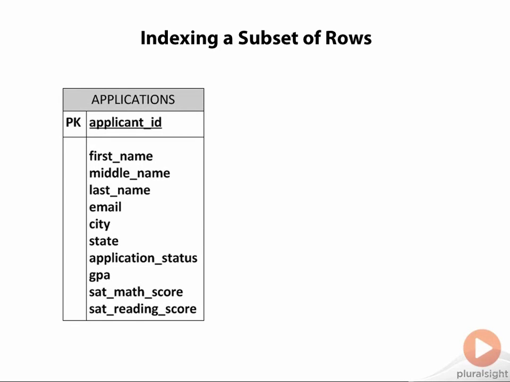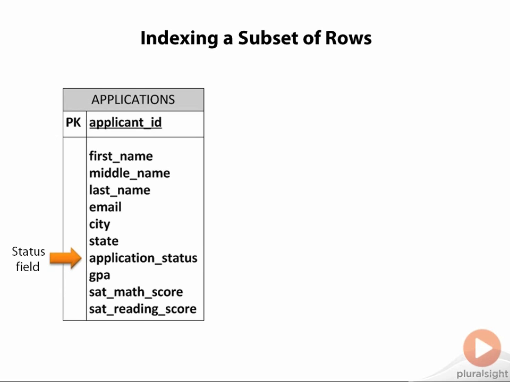There is another scenario where function-based indexes turn out to be very useful, and this is when you want to index only a subset of rows. There are many tables that track things like requests, orders, applications, and the like. And usually on these tables, we'll have a value that will indicate the status of that item. For example, the application status column in the applications table used in the fictional university database that has been used